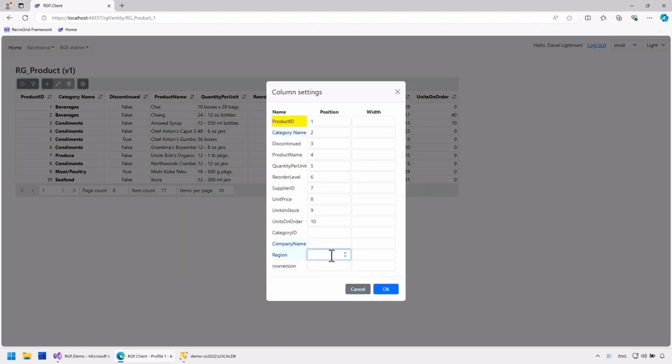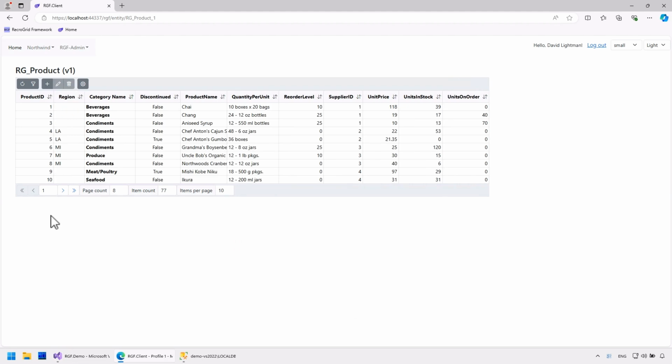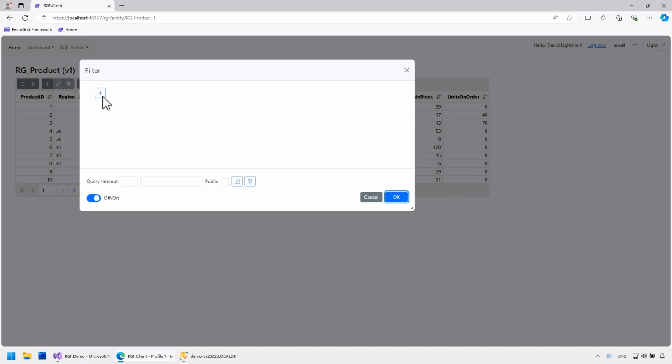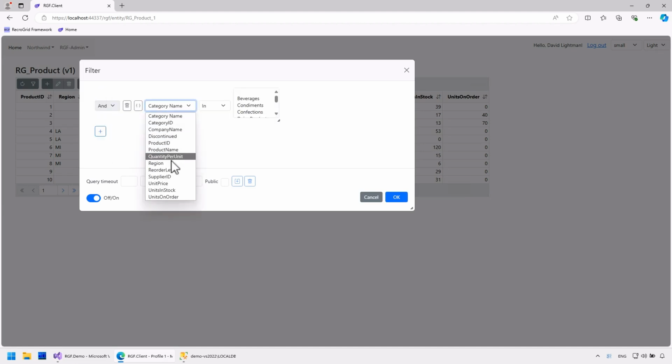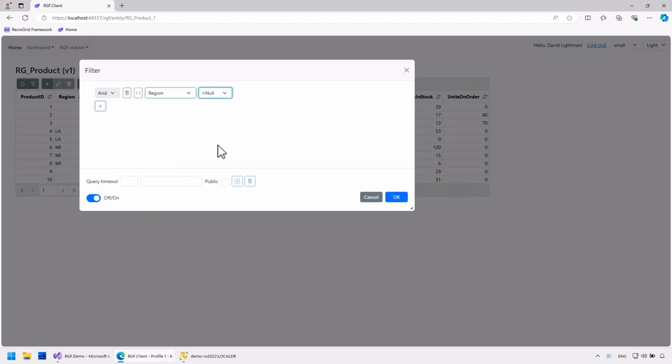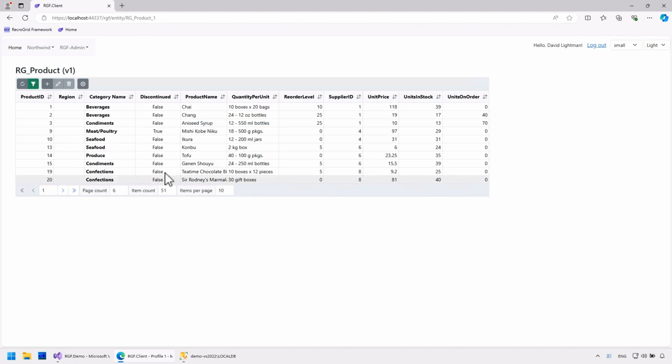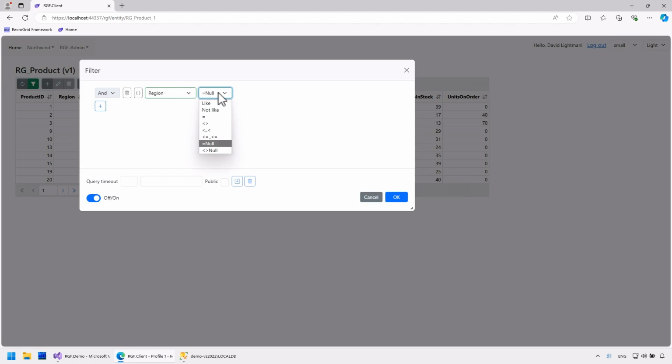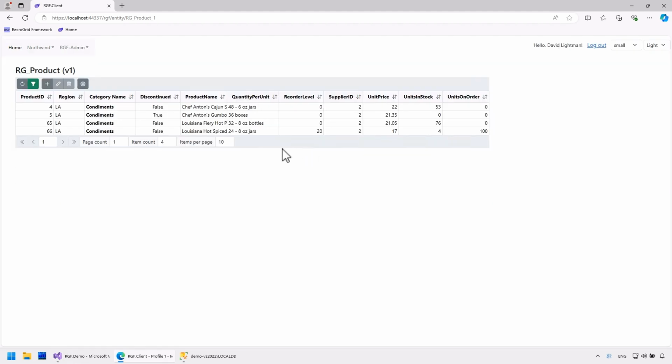This column can also be displayed in the grid. It's clear that some values are not provided, so we can try the null filter as well. Or let's filter by LA only.